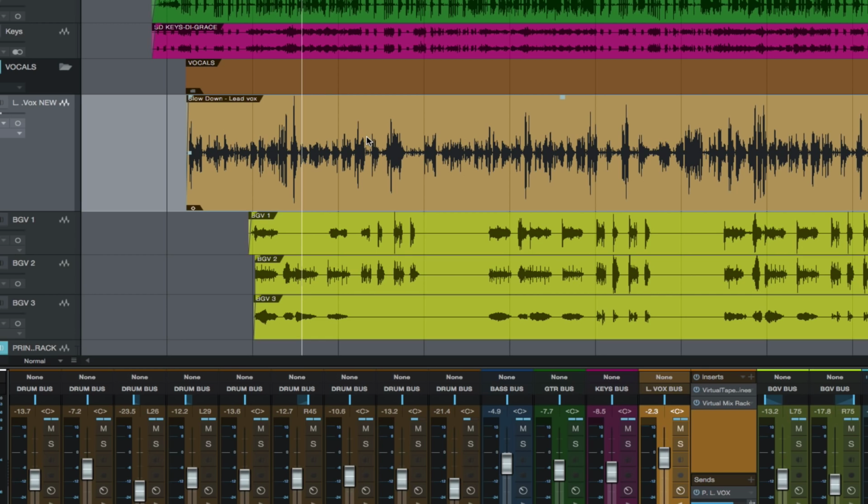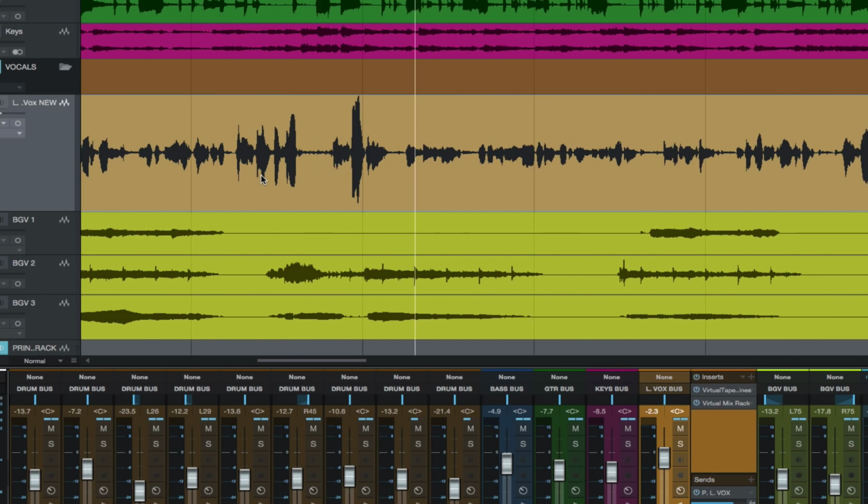And I'm not a big fan of that. In the studio, yeah, I do. I'll ride a lead vocal fader because usually the performance is a lot more even. But in something like this, I want to do something a little different, and that's what I want to show you today. So just to take this one section here that we just listened to,